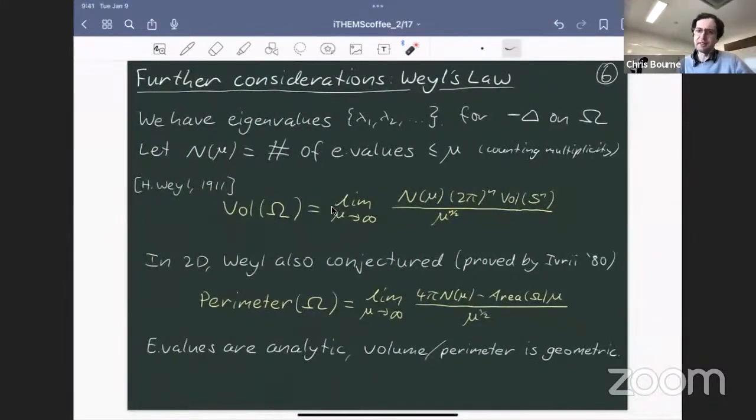Because physically, if you're a physicist, maybe this is kind of an obvious thing to consider. You have a certain shape and the spectrum is a bit like the energy or something like this. And I think if you asked a physicist, I'm not a physicist, but I think people would say there's a geometric component to energy, or geometry affects the energy, but making this mathematically precise is not always